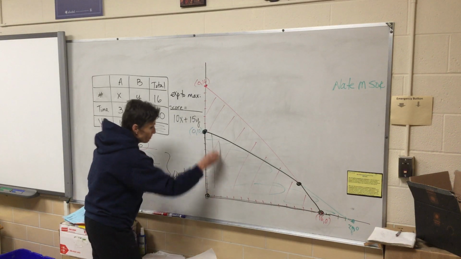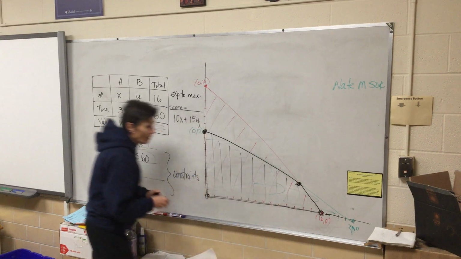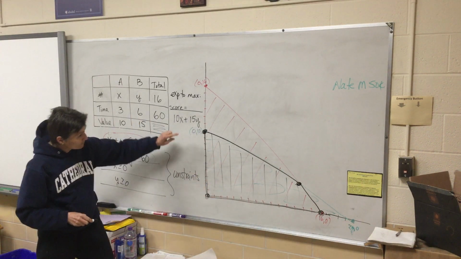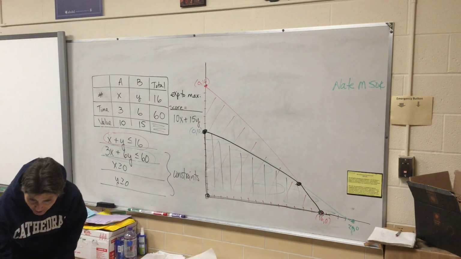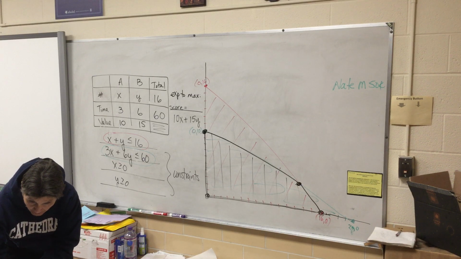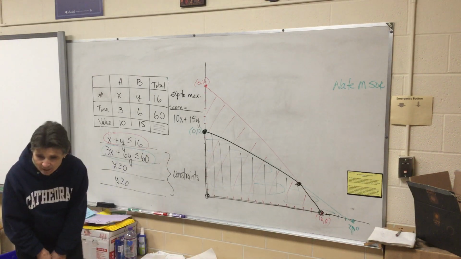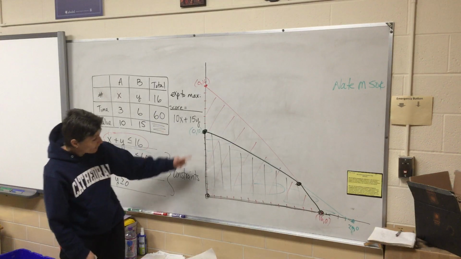So this is the part of my graph that I'm actually looking at, that shape right there. That black area bounded by, you should have 4 dots. Can you see all those dots on there? That area is called the feasible region,